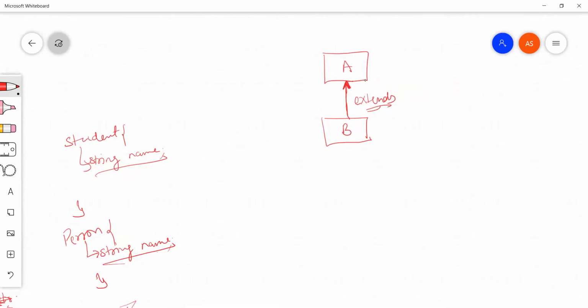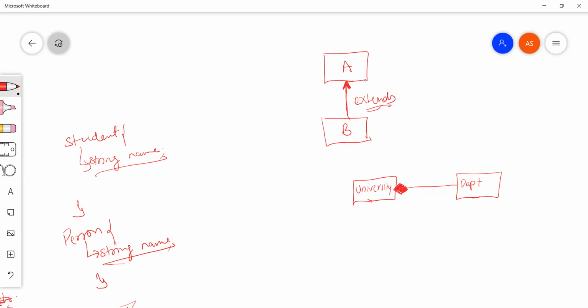But when we have, for example, university and department, composition is represented by a filled diamond in a UML diagram.